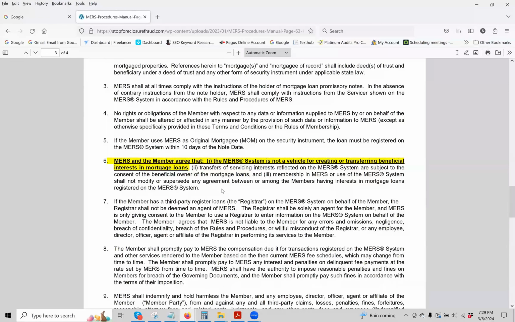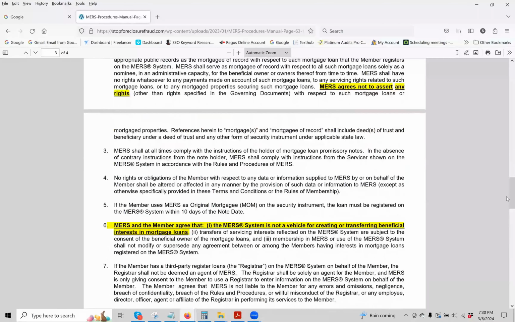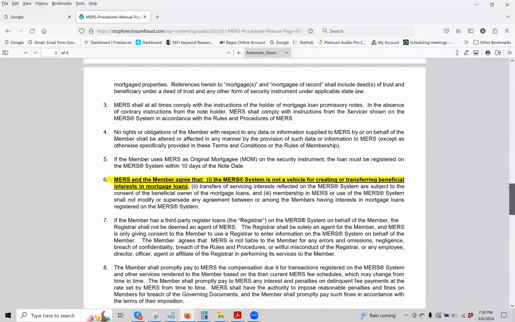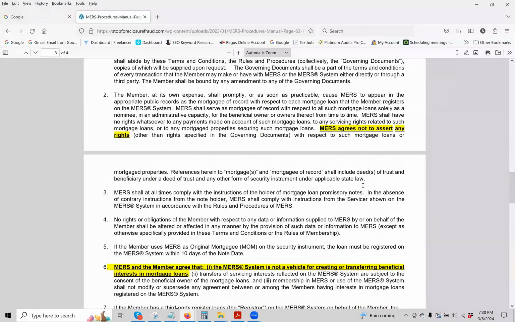This is important. Transfers of servicing interest reflected on the MERS system are subject to the consent of the beneficial owner of the mortgage loans, and membership in MERS or use of the MERS system shall not modify or supersede any agreement between or among the members having interest in mortgage loans registered on the MERS system. Okay, so a good snippet of information there. However, that highlighted piece there is very important. So these two key pieces of information, keep that in mind. Now,